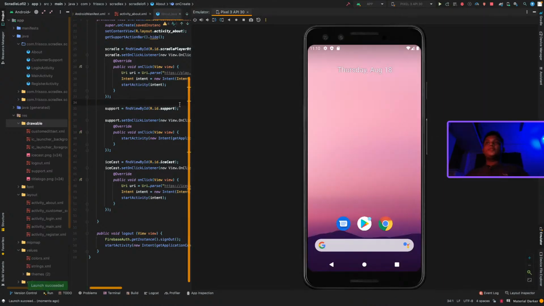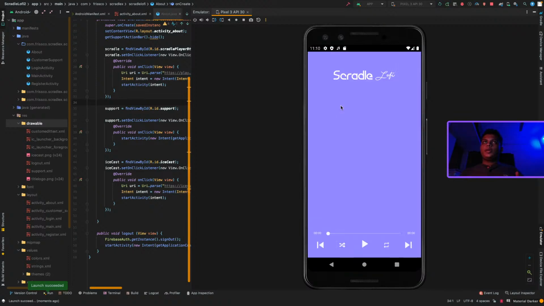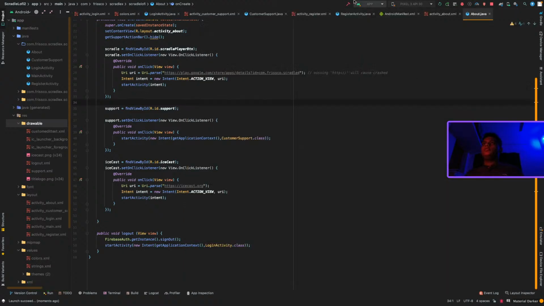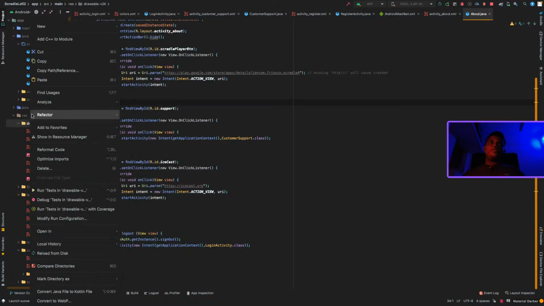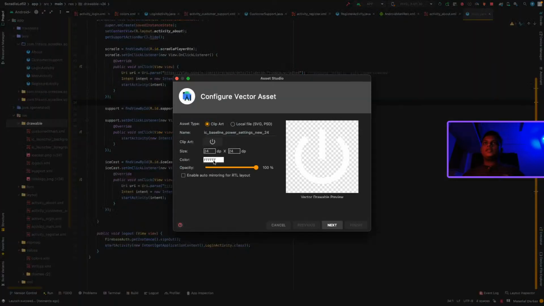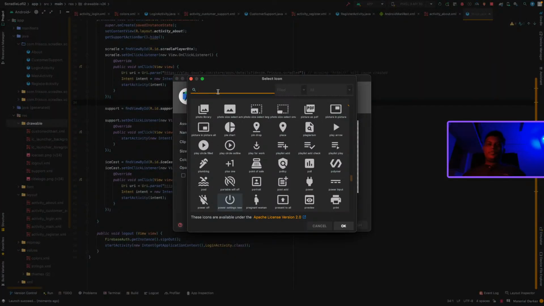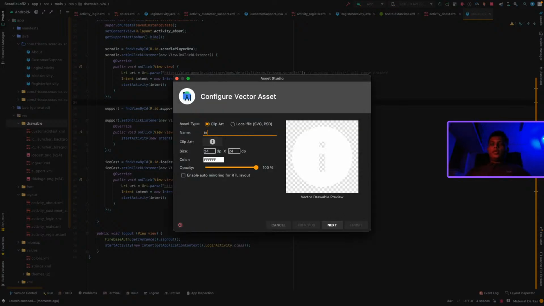Okay, so actually I added the about screen to the app, but I didn't add anything to the about screen. That's the main thing. So let me just go ahead and create a new drawable file first, vector asset, and I'll create info. Okay, I'm just creating info. This is going to be info,